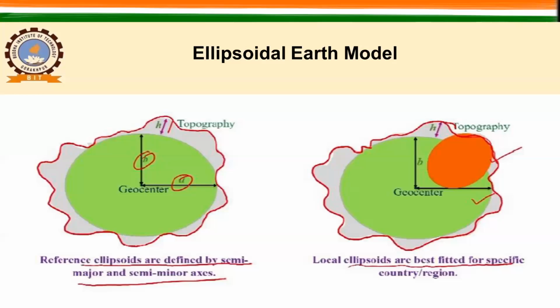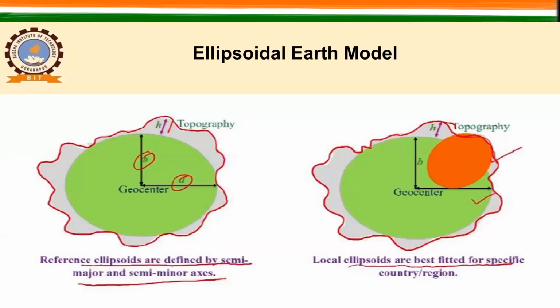fitting with our topography. So for that we need an additional imaginary ellipsoid, which can represent our topography in a better way. If you draw this kind of ellipsoid here, that may give you a better fit than this global ellipsoid. So that is the benefit of having a local ellipsoid. For all the countries, the local ellipsoid is different. When you have more undulation, your local ellipsoid size should be very small.